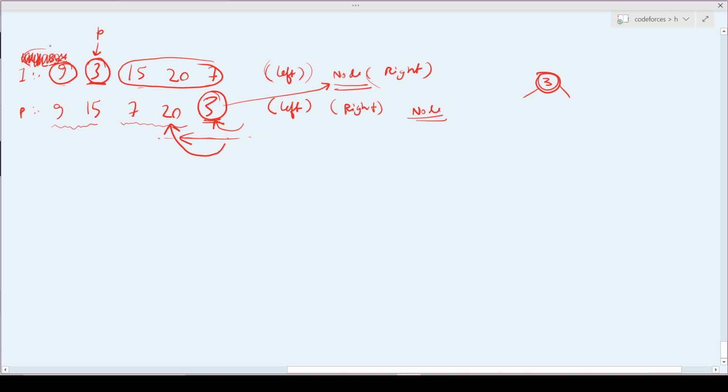So if I clearly say my start is here and my end is here, or you can say left or right as you wish, I will say my left is here and my right is here. I should know where this thing is lying, because it might lie on the left part or on the right part.